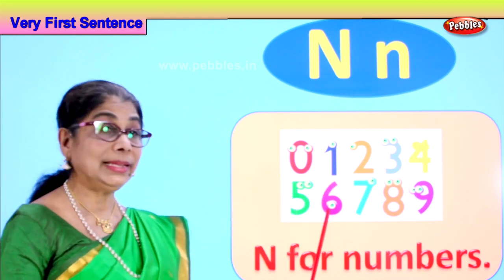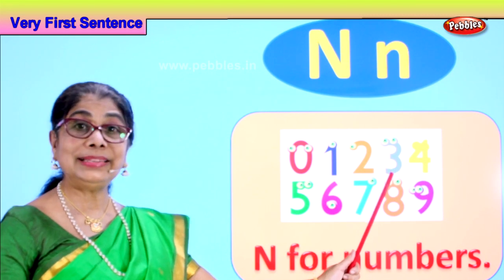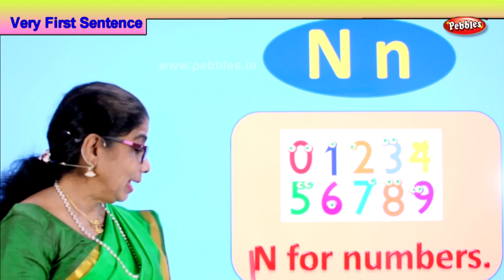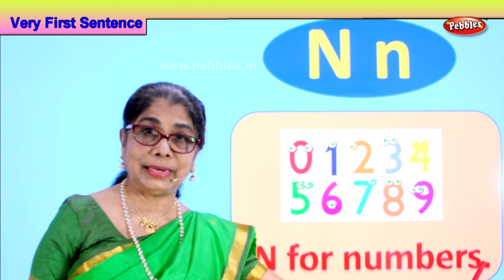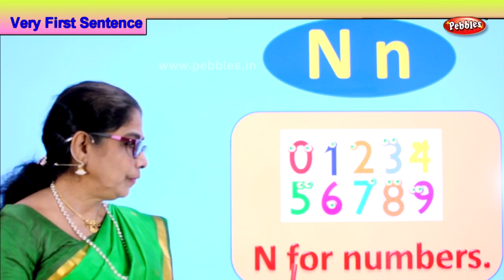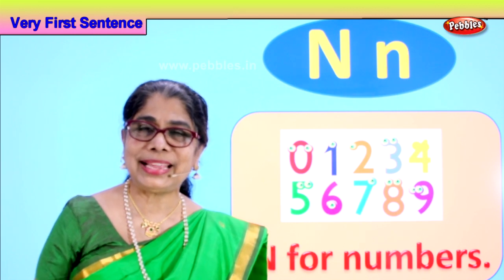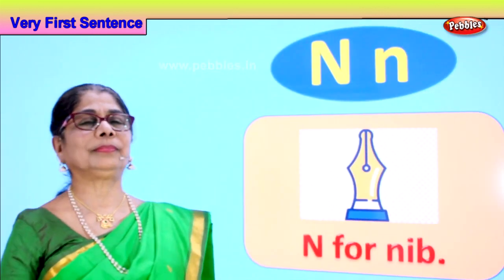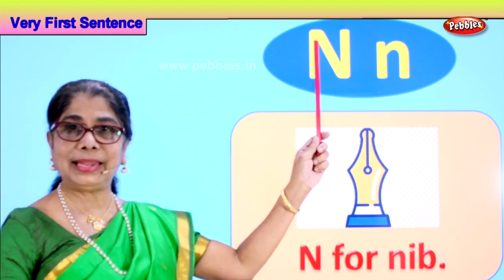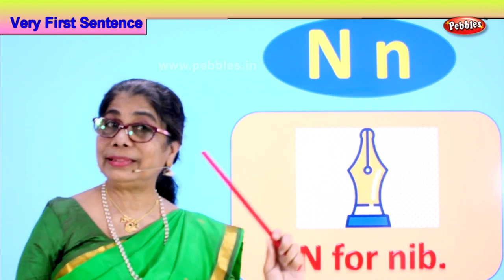What number is this? 6. What number is this? 3. Very good. N for numbers. Read it again. N for numbers. Very good. Let's take another picture. Capital letter N, small letter n. The sound